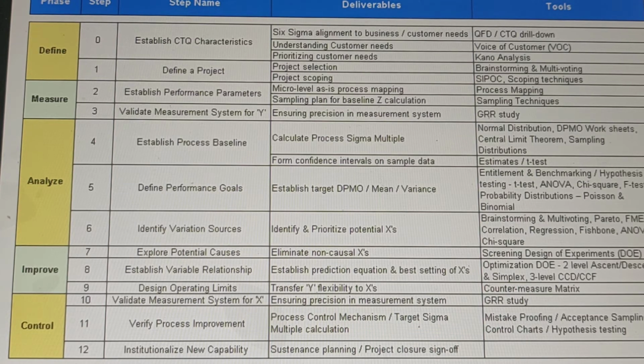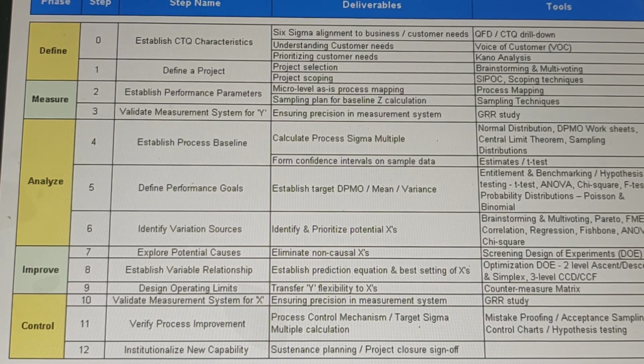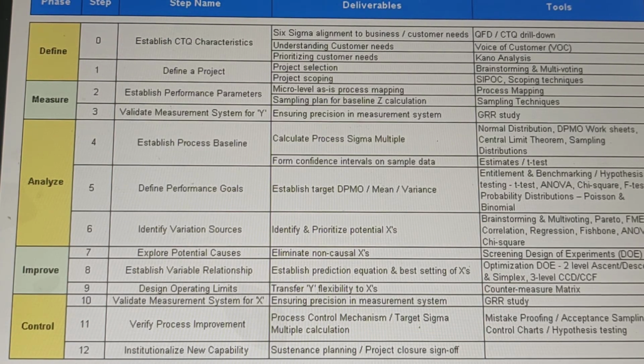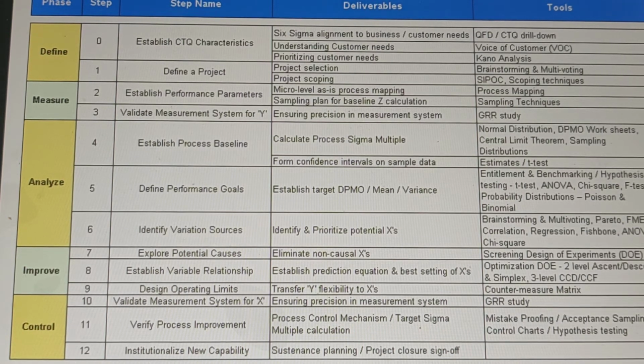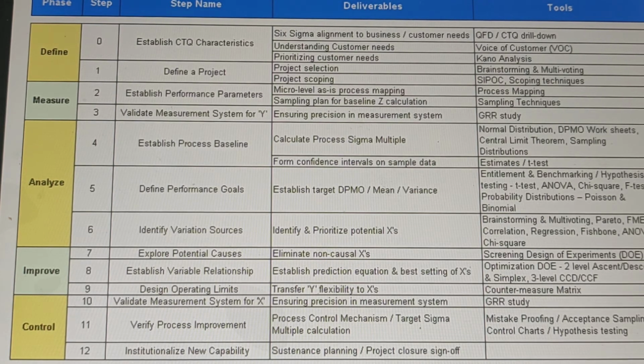Then define performance goals. Establish targets. Based on our present scenario, we need to target from which level to which level we need to shift. Like if my DPMO is at 5 sigma level, then from this sigma to 6 sigma, this is my progress. For establishing this, we have t-test, ANOVA. ANOVA is